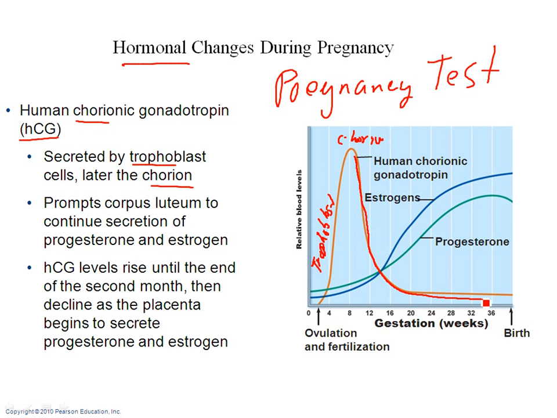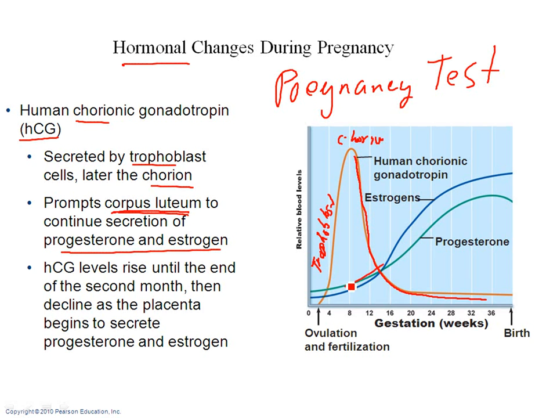It's promoting, remember that corpus luteum way back when you talked about the menstrual cycle, the corpus luteum? It's basically telling the corpus luteum, hey, we're about to have a baby. We need this uterus to be thick. We need to have a lot of blood vessels. We need it to be ready to carry a baby. And so it's telling the corpus luteum, keep making that progesterone and estrogens. We need them. So it's basically stimulating the corpus luteum to make progesterone and estrogen.